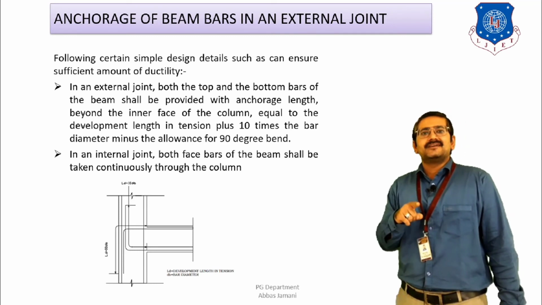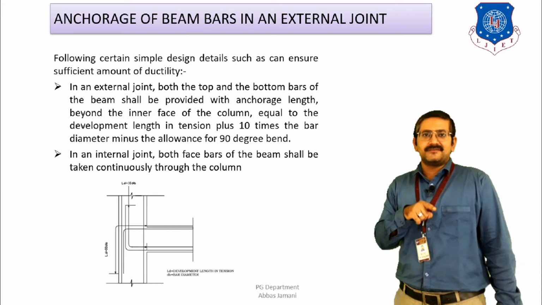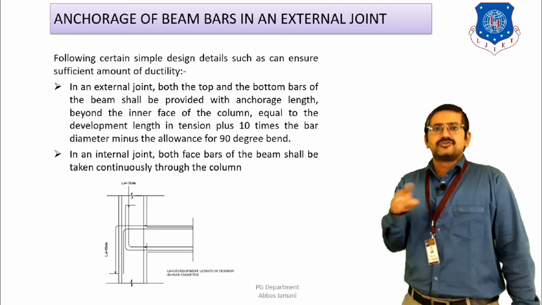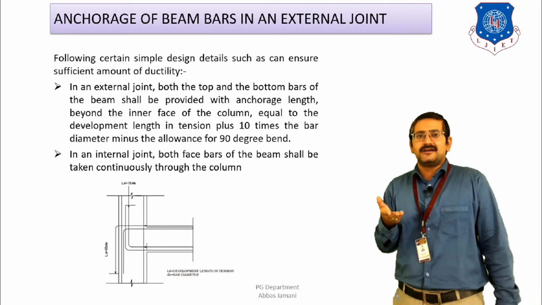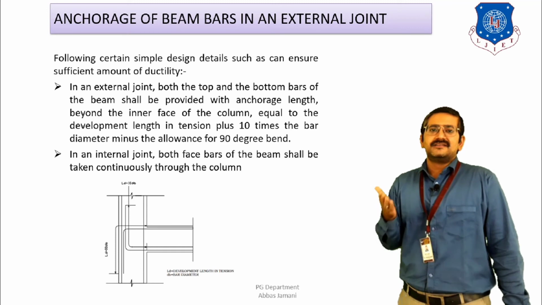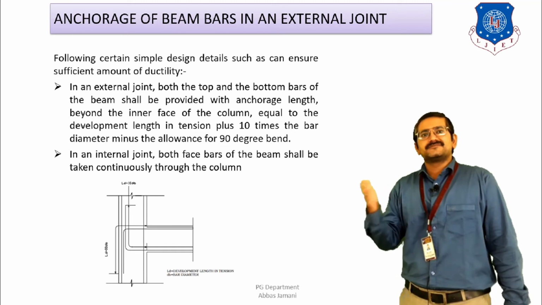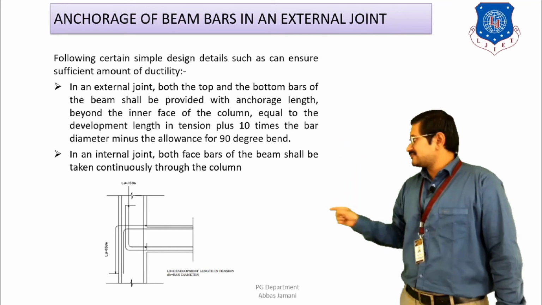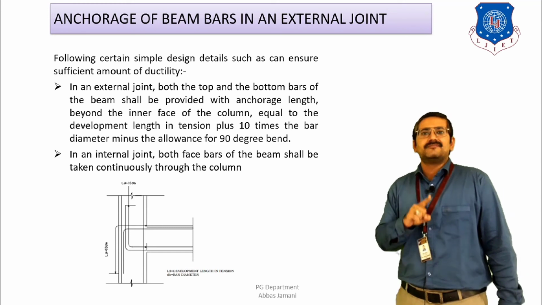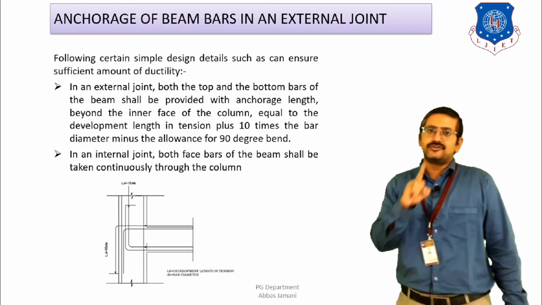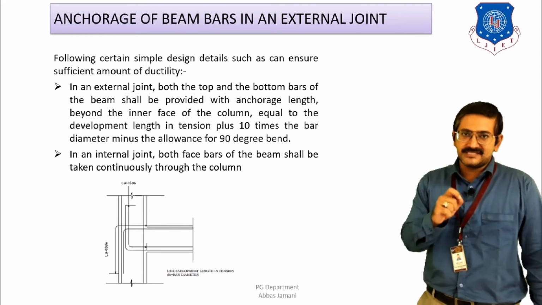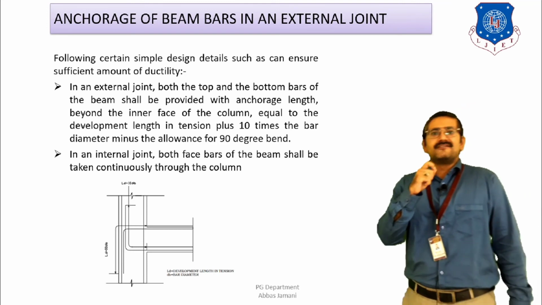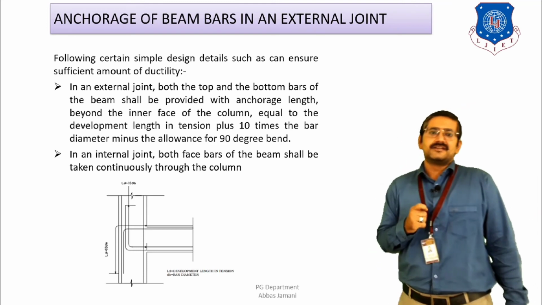So if I am having a bar diameter of, let us say, 16 mm, then 10 times bar diameter is 10 into 16, that is 160 mm, plus the development length. So if, let us say, I am getting the value of development length from IS 456 as 50D, then 50 into 16 is 800, 800 plus 160 is 960. So the L that is going to be formed at top and bottom of the beam, which is going to be anchored in the column, has to have a minimum length of 960 mm. And if this is done, then the complete fixity is going to develop at the beam column junction, and the ductile behavior is going to be possible.